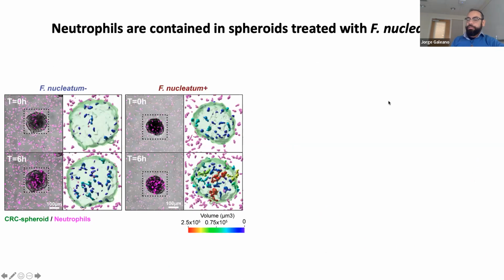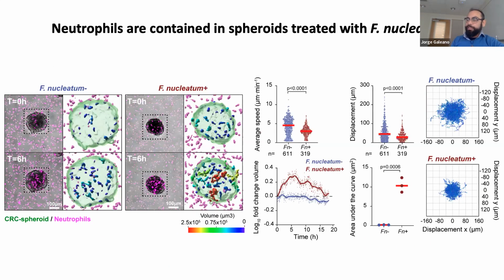Then by using also imaging software, we can quantify the migration capabilities of these neutrophils in response to F. nucleatum. And what we found is that as the neutrophils make clusters, there is a reduction of the area speed and lower displacement in the neutrophils that were tracked. And what that tells us is that indeed, intratumoral bacteria can influence the local microniche by recruiting myeloid cells in the microenvironment, and that could be a mechanism why these microniches are highly immunosuppressed.